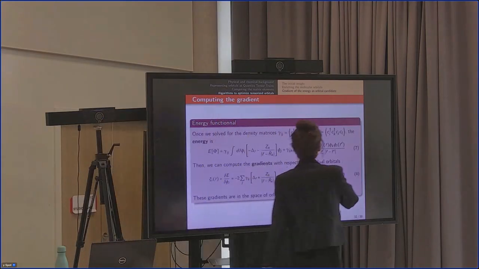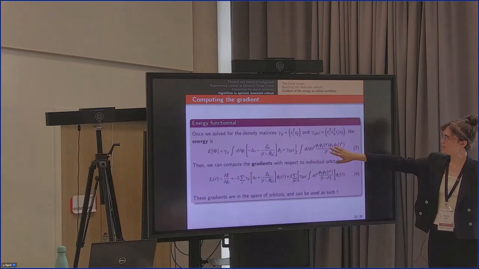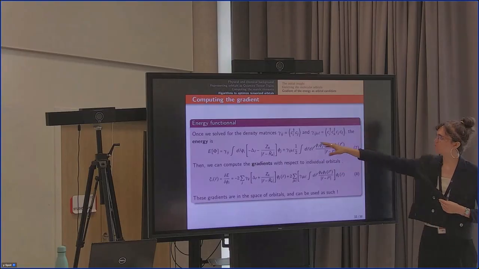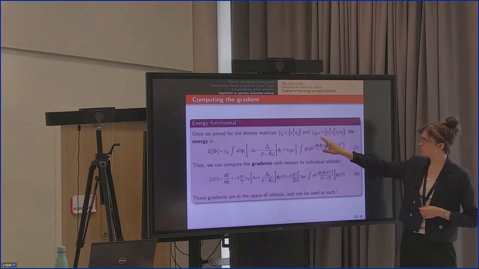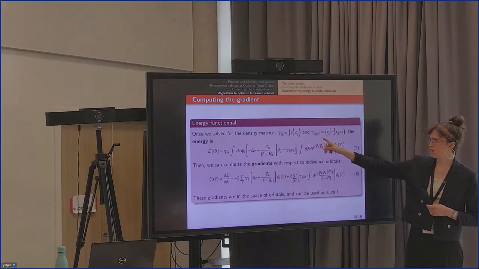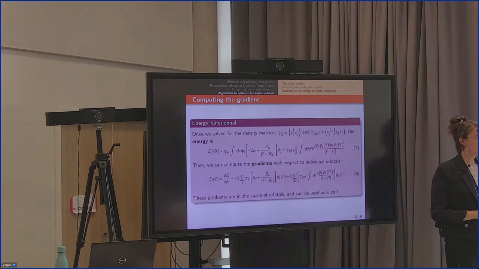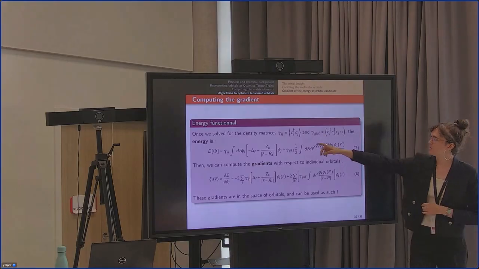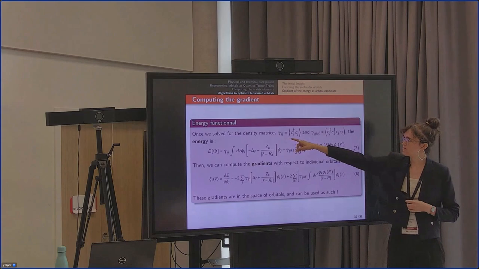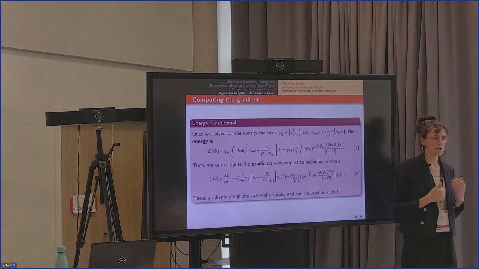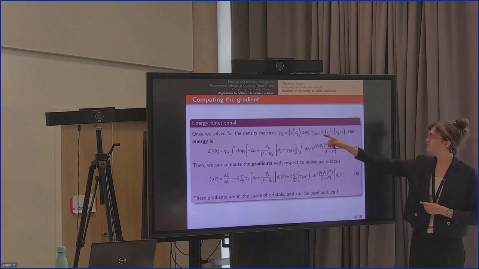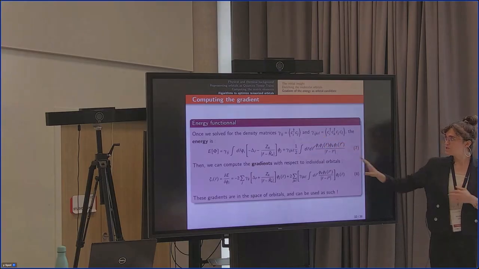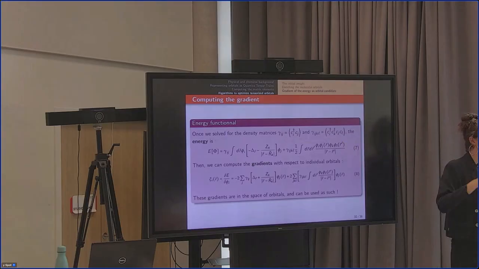To compute the gradients, we have to write the energy once we solve the problem. If you imagine we solve the problem, we get the density matrix for one body and two body, gamma ij and gamma ijkl, and you can write the energy as a functional of the orbitals. It's simply multiplying this gamma ij by the hij, the one body Hamiltonian term, and the vijkl by this gamma ijkl. So this way we can write the energy as a functional of the orbitals.